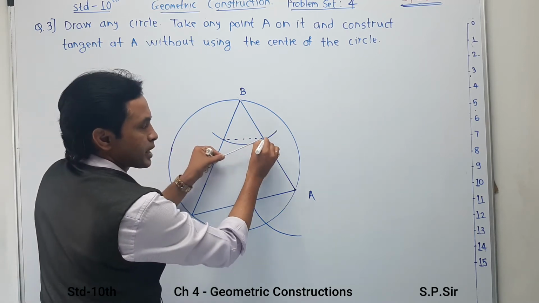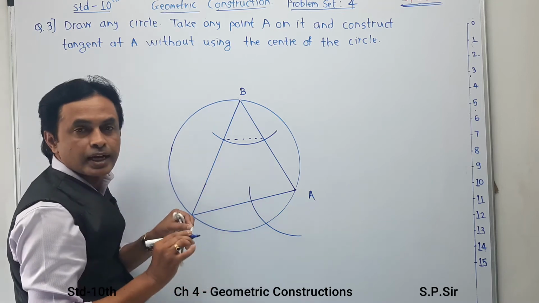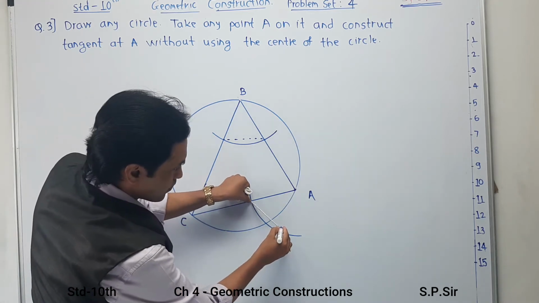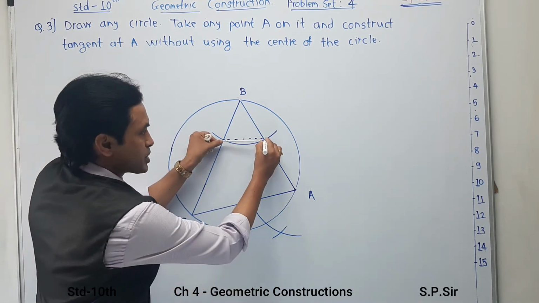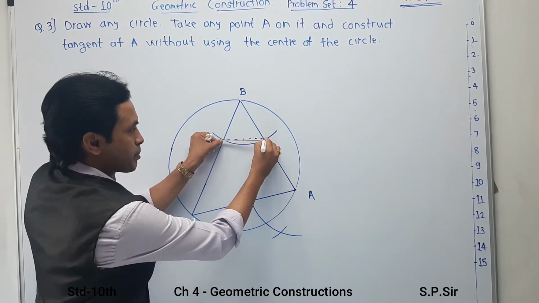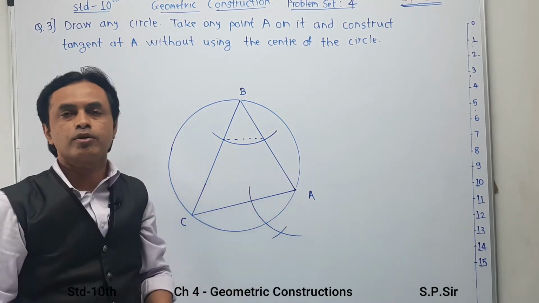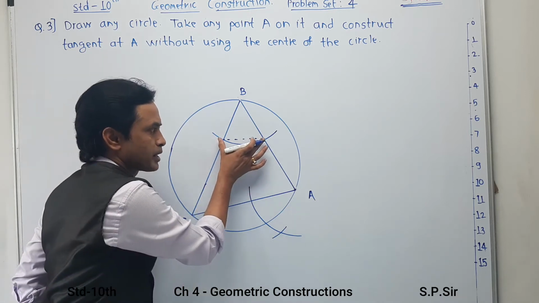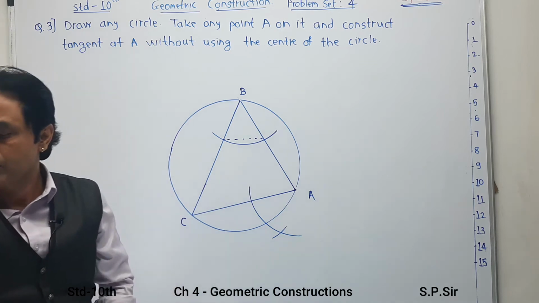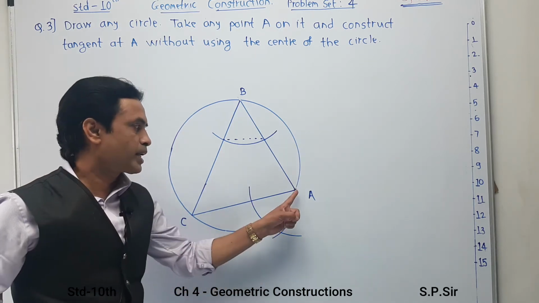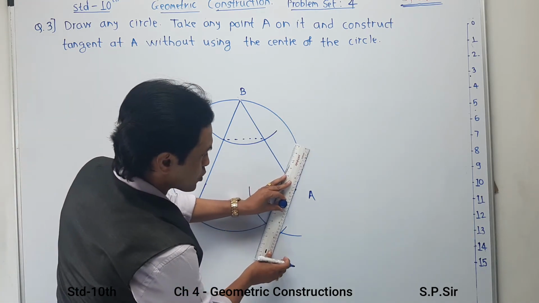One is the pointed head, the second is the pencil head. Keeping the same distance, keep your pointed head over here and make a single arc over here. Once again, you have to keep this distance. One is the pointed head, the second is the pencil head, and now keep the pointed head over here and make a second mark over here. In short, whatever distance is over here, exactly this distance is over here. And now you just have to join this point and A, this point and A, and your task is completed.